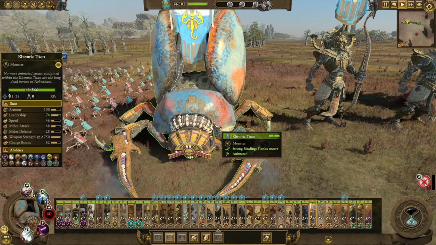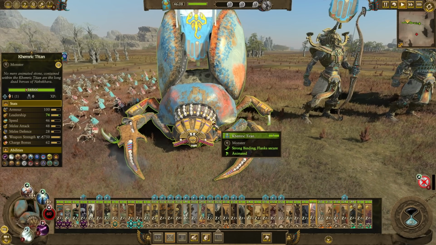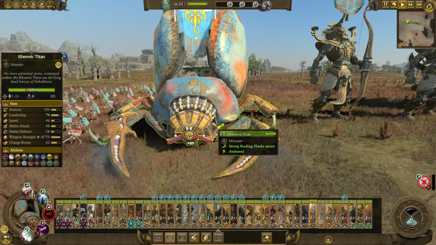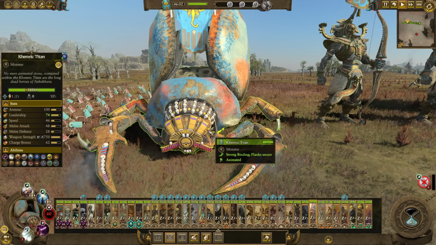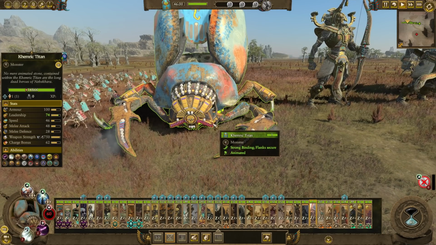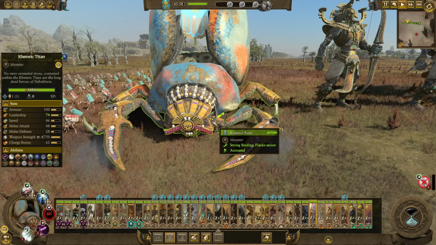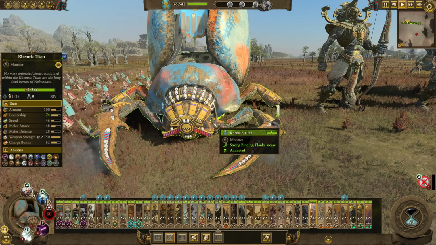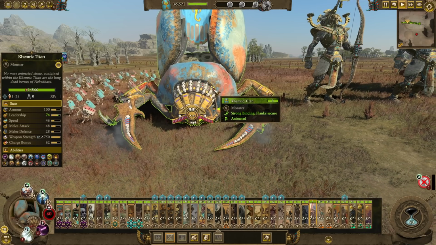Then we have the Chimeric Titan. Really, really cool unit. My favorite from the Monsters Arcanum. It is basically like an army unto itself. It is a massive construct. There's a limited quantity you can build. They are recruited from a landmark that you can build across several settlements in the Hekara,